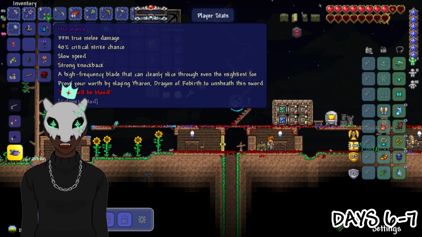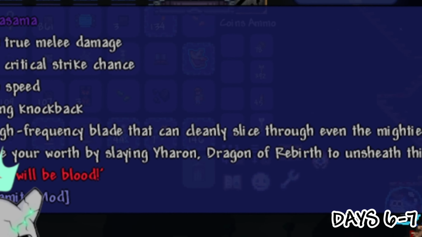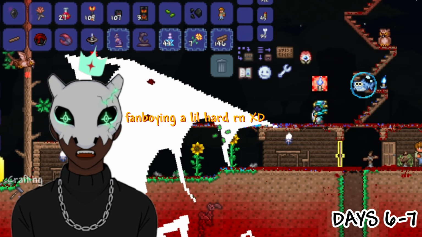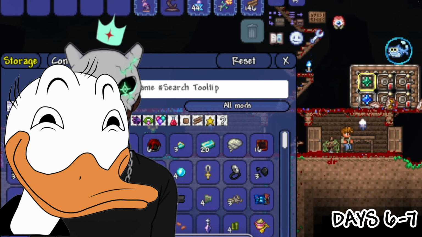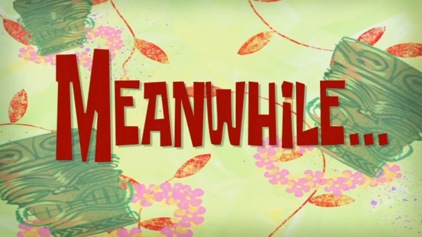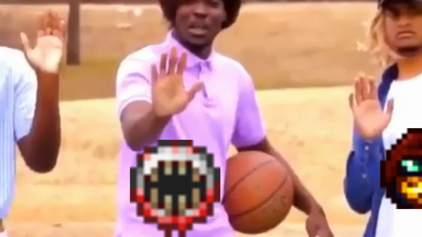Let's go. A high frequency blade that can be cleanly sliced through even the mightiest of foes. This feels illegal to have. Didn't we get like a suspicious eye or something? Meanwhile. Whoa, calm down, Jamal. Don't pull out the...